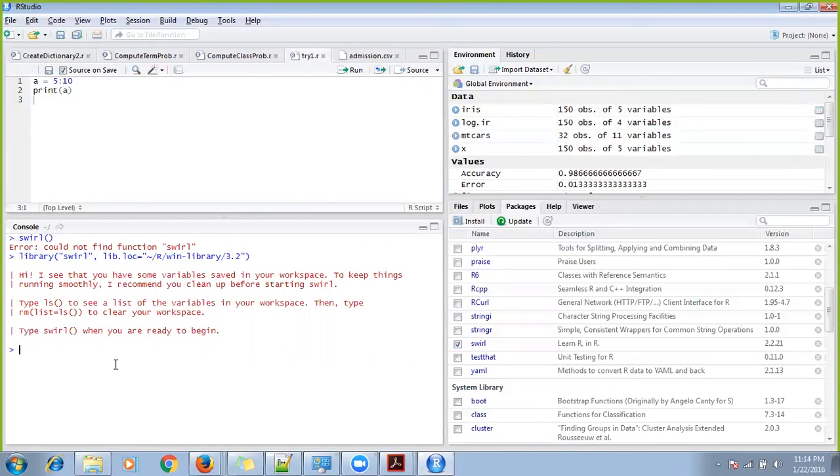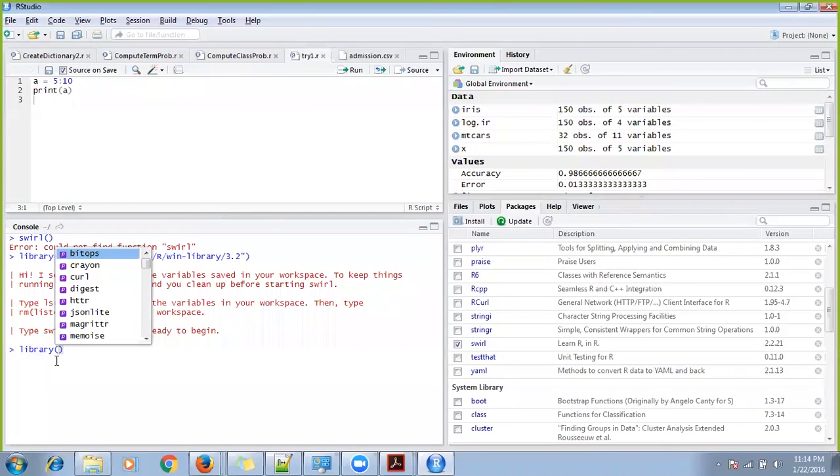Now you can type the swirl function. It will take you to the swirl window. This is the way I can actually load this library, right? But if you just want to do it in the command prompt, you can also write library, inside double quotes, just write swirl, same thing.